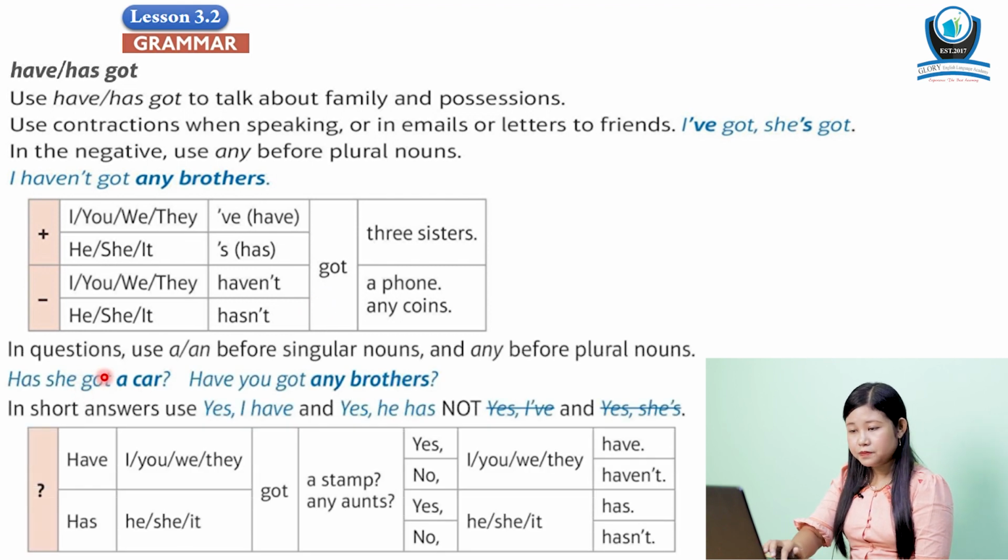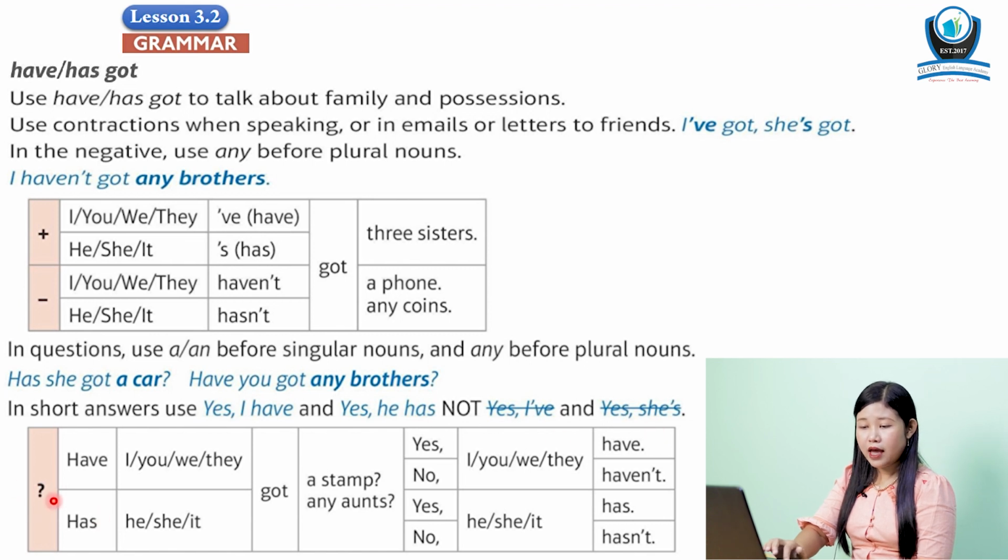မေးခွန်းမေးမယ်ဆို singular nouns တွေရဲ့အရှေ့မှာ a သို့မဟုတ် an ကိုသုံးပြီးတော့ plural nouns တွေရဲ့အရှေ့မှာ any ကိုသုံးတယ်။ for example has he got a car? have you got any brothers? short answer ဖြစ်မယ်ဆို yes I have, yes he has လို့သုံးပြီးတော့ yes I've တို့ yes she's တို့မသုံးရဘူး။